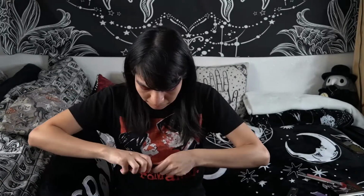When I go in to pull it, the entire ink cartridge got stuck to it. I probably have footage of me doing a surprised Pikachu face that this happened. So the eyeliner isn't my favorite thing so far, but this is what I managed to do with it. It tugs on the eye a little bit too, so I don't really like how that feels. It feels scratchy and it pulls, so not my favorite thing, but overall this is the look that